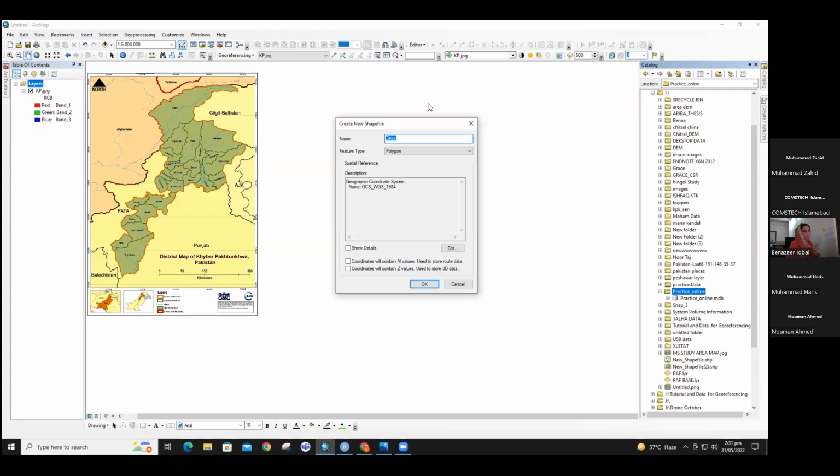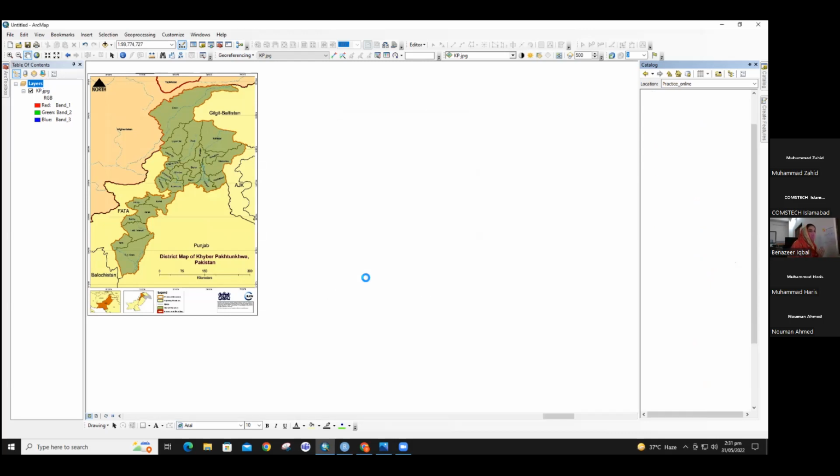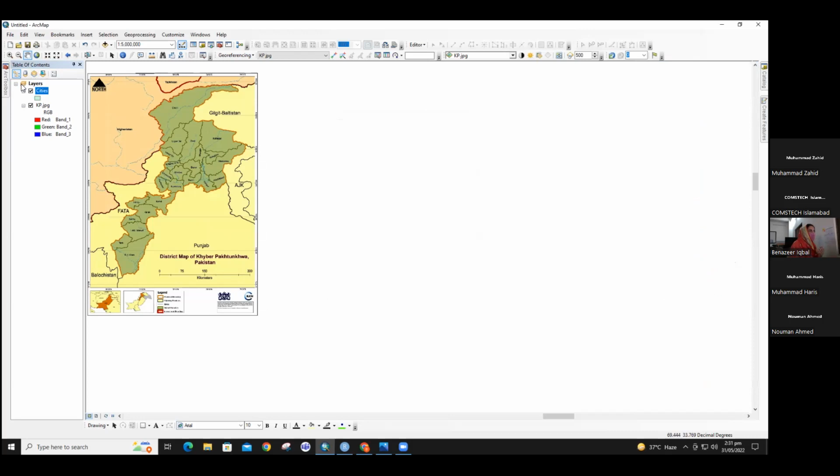So this is a little difference between a feature class and a shapefile. A shapefile also remains scattered in your folders. A feature class is now preferable because feature classes are embedded in a container, that is, a geodatabase. So if we click OK on that,